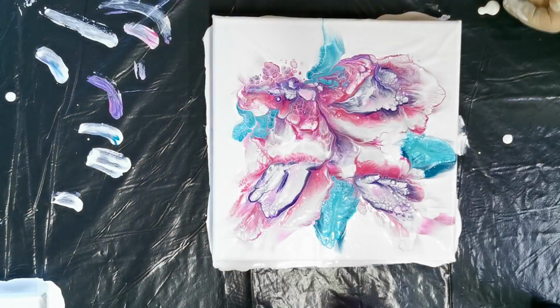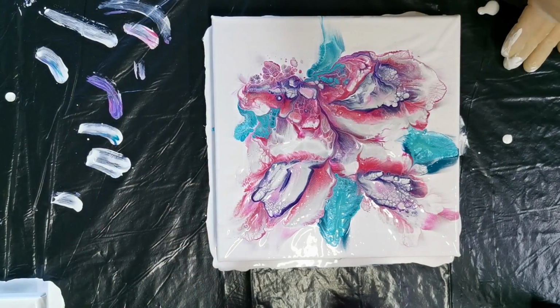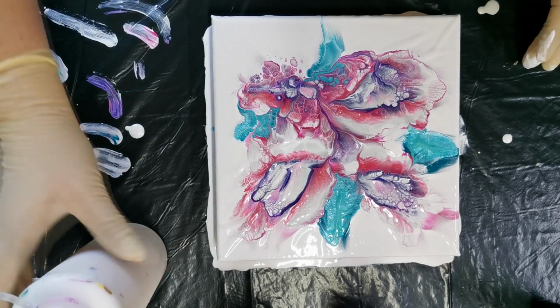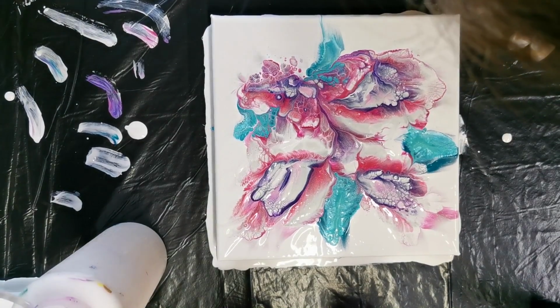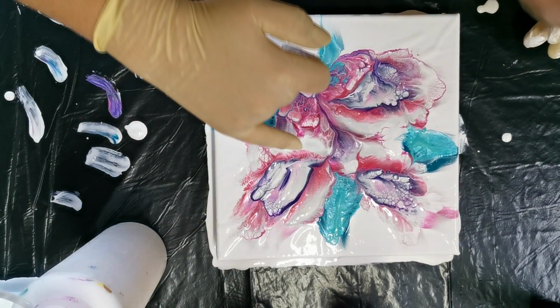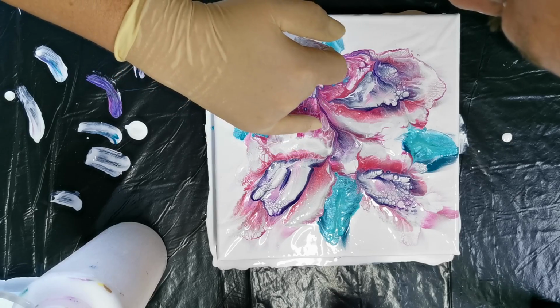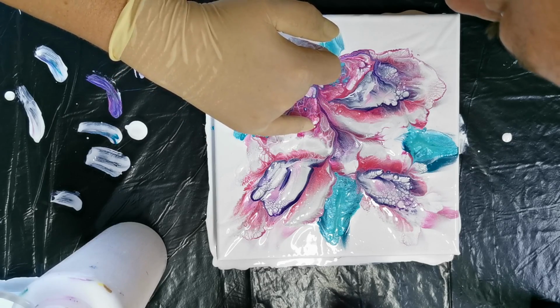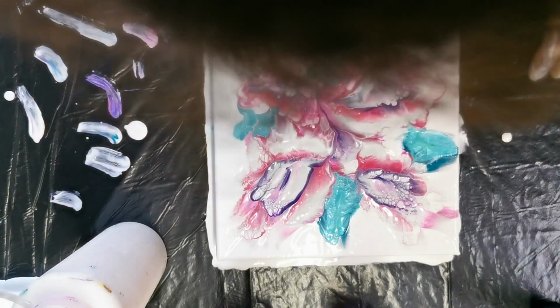I think that I will leave this. Just want to fix this part because I don't like it, and I see some spots that obviously I didn't press enough. So I will just add some white paint here and here because I see that I missed